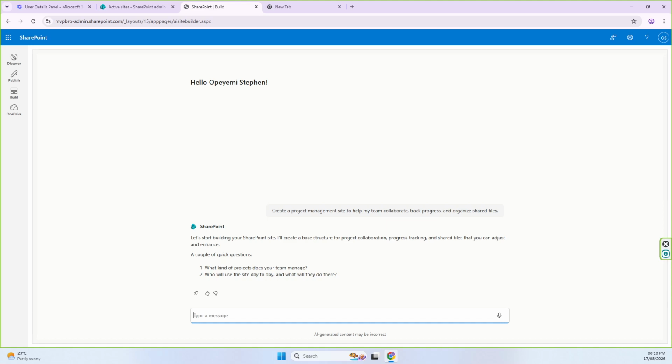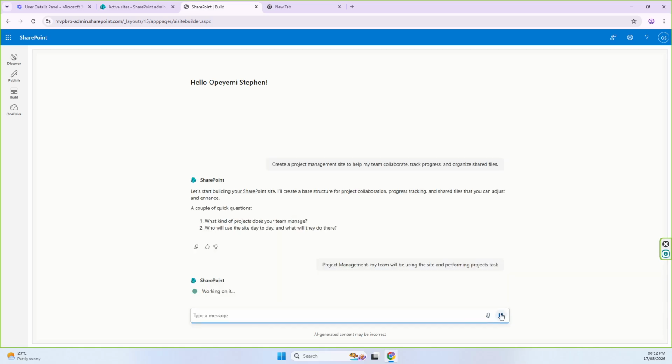Okay, and then now click on it to generate that. So here I can come up here and say, okay, what kind of project does your team manage? Who will use the site day to day? I can come up here. Let me just type something. I'll just paste it there, and then I'll click on go, and then now it will start creating that site